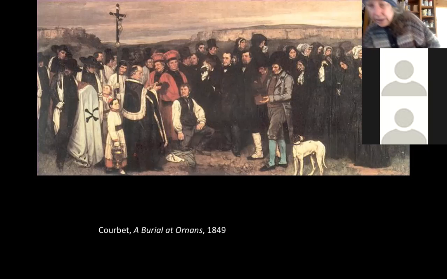It would be like if you made a painting of a funeral in Livingston or Allgood and tried to show it in New York, you know. I mean, now that would work, basically because of Courbet. But at the time, that was considered super radical and weird.